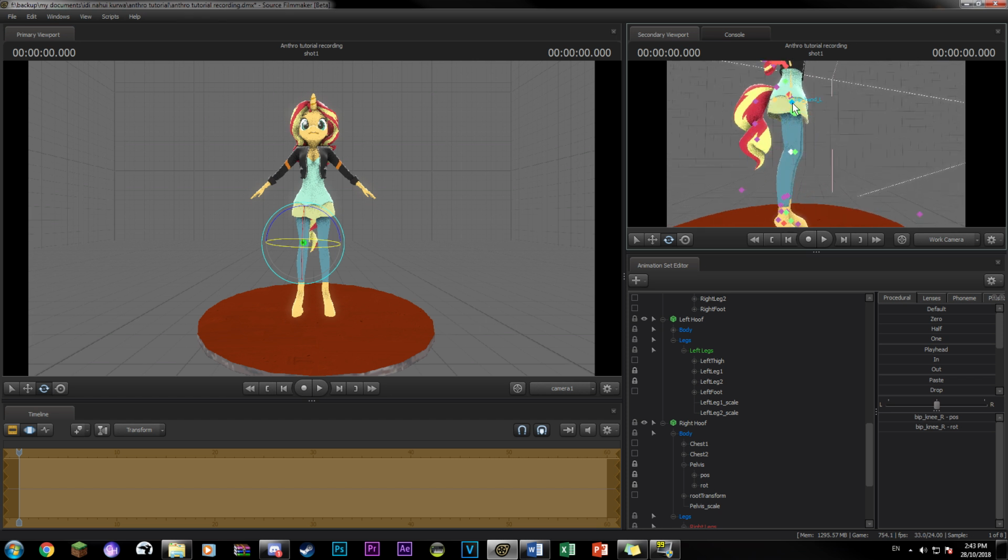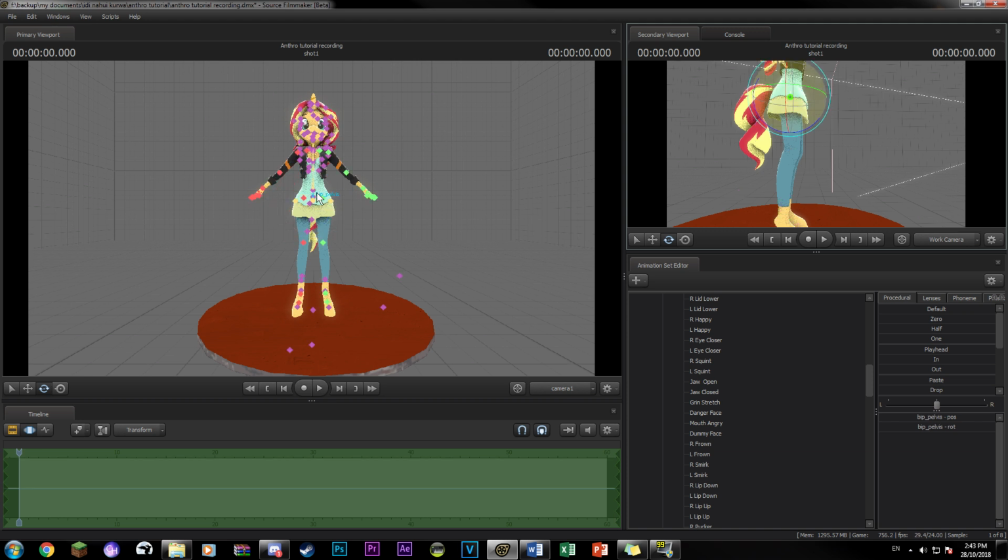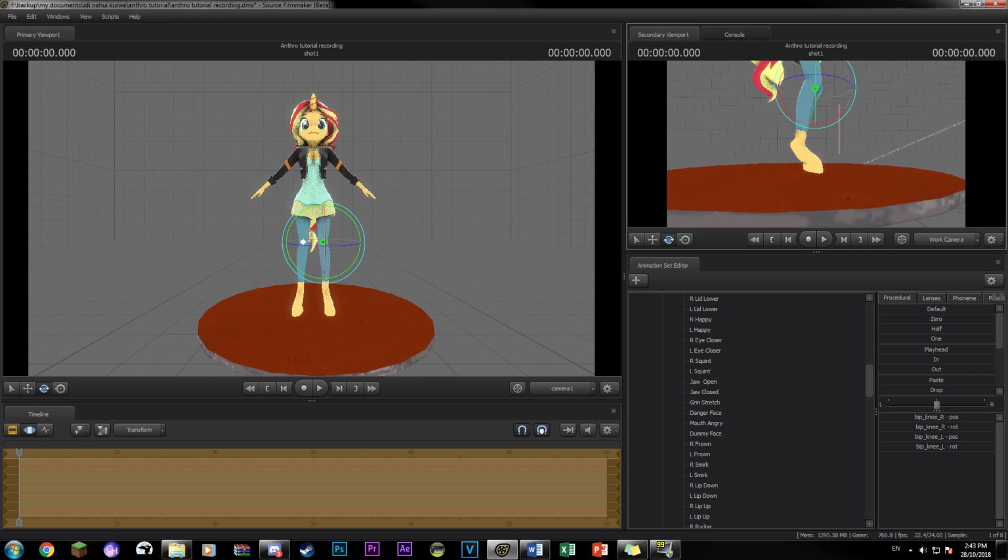the feet. However, I will mention a set of numbers a little later that you can type in for the position and rotation of leg 1, leg 2 and pelvis bones that I found seem to work very well in hiding the clipping. And what I'm doing here is just posing the rest of the body and legs to make her stance look a bit more fitting for the unguligrade legs.